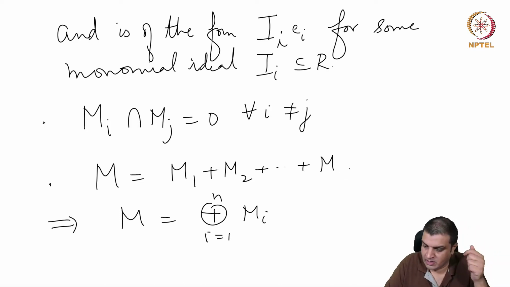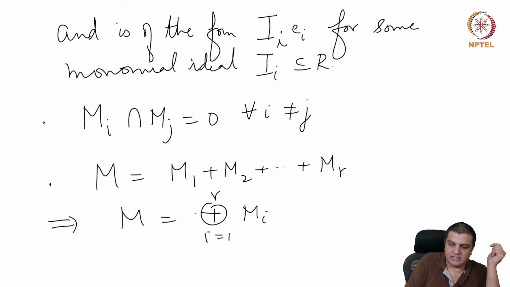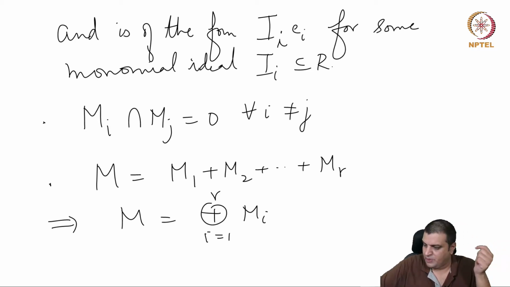Sorry, not N, R. So in other words, conversely, if M is a direct sum of such things, then M is a monomial submodule. So M inside F is a monomial submodule